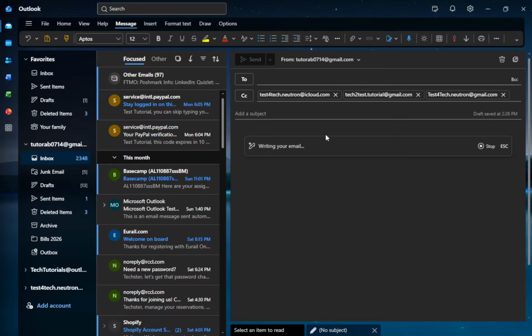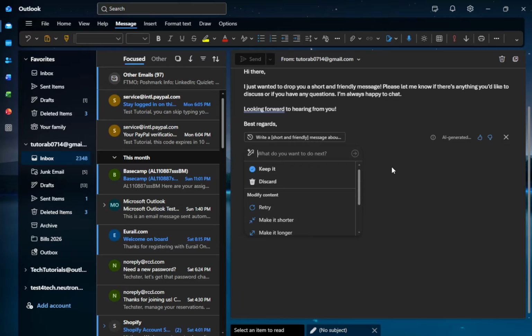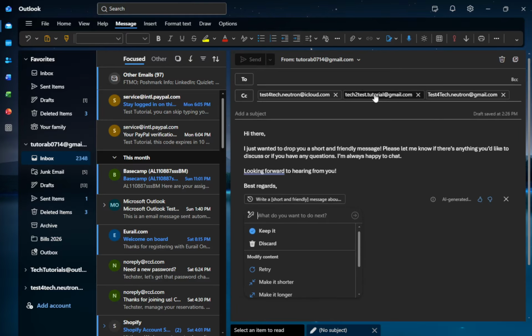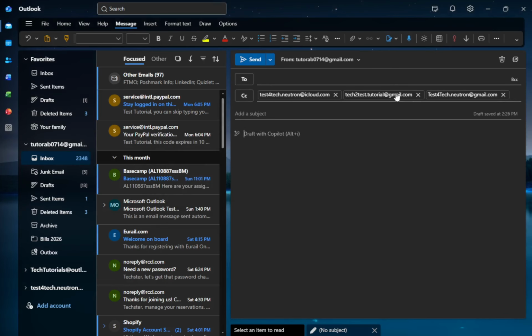Finally, click the Send button to deliver your email. This action will send your message, along with the CC recipients, directly to their inboxes. You will see a confirmation appear, reassuring you that your email has been sent successfully. This is the final step in your process, and it's satisfying to know that your communication is now reaching all intended recipients. If you are using Classic Outlook on Windows, the process is similar.